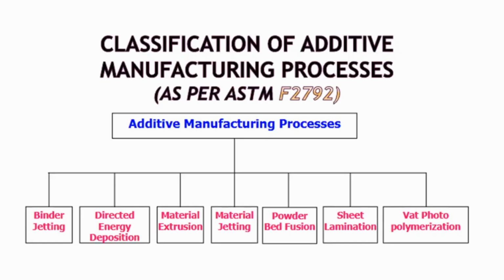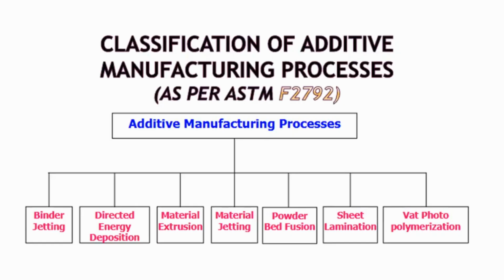And here photopolymerization means stereolithography. Here, a liquid material will be there in the bin, and that will be solidified by exposing it to a laser beam. Earlier, people used to call this stereolithography, but now it is renamed as per ASTM as VAT